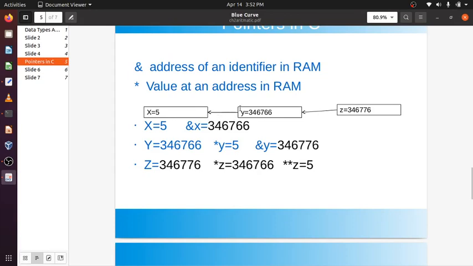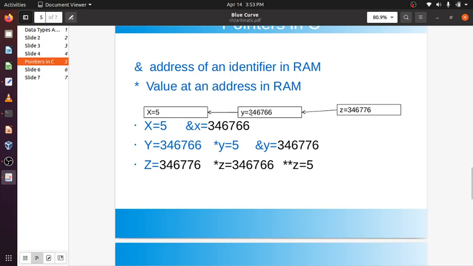Now if I want a variable which will contain the address of x, suppose the address of x is 346766, I need another variable going to contain the address of x. Obviously, another RAM location will be allocated.